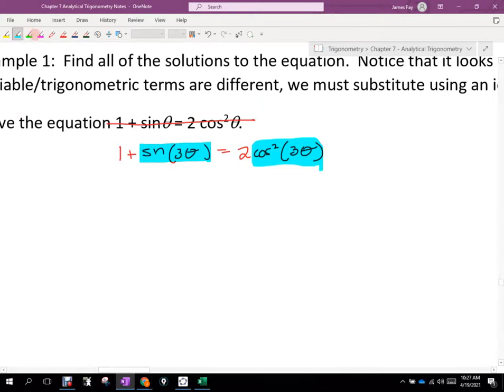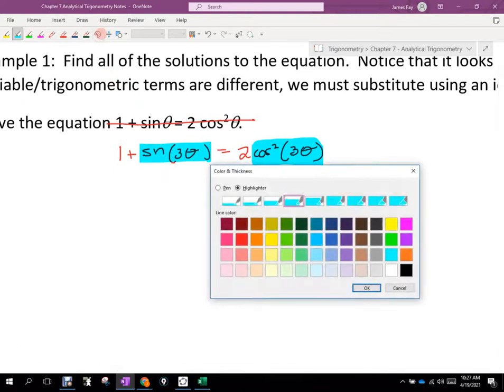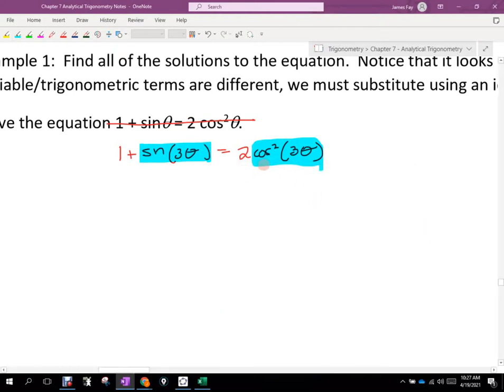Okay. So what I'm trying to get at here is that you'll never, I don't want to say never, but most likely you're not going to replace something to the first power with something to the first power. You are most likely going to replace your items that are squared, okay? So in looking at upcoming problems, if I have something squared and something to the first, I'm probably going to direct my attention to that squared term and try to replace it, okay? So we know that cosine squared